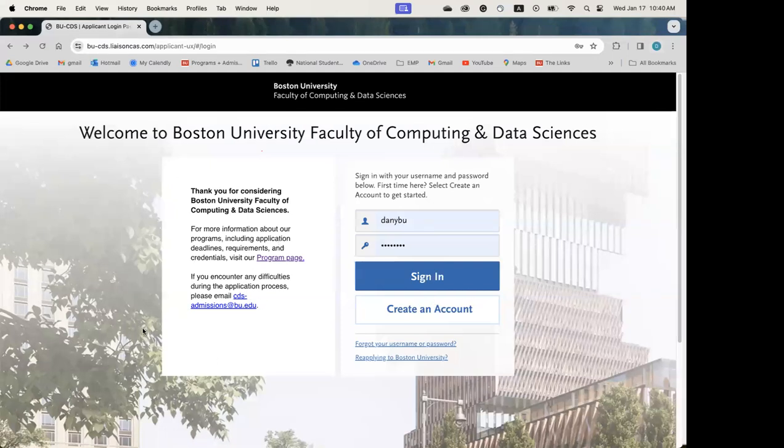And then this is a great page for you to check whether you're in the correct portal as well. Because at BU, we have over 10 colleges on campus, and then each college has their own master programs. So you don't want to end up at Metropolitan, right? You're applying to MS in Data Science for Boston University Faculty of Computing and Data Science. So this is a great way for you to confirm that you're at the correct application portal, because we cannot